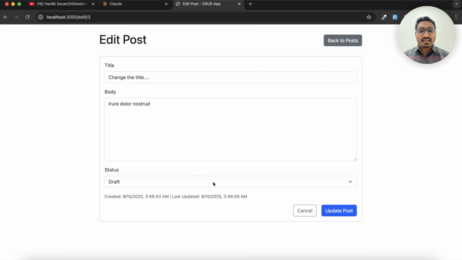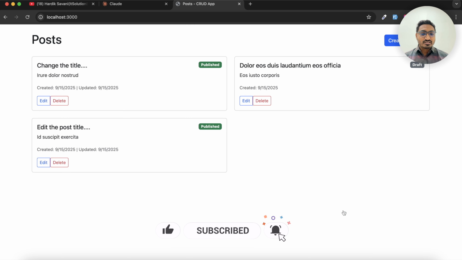Let me go back and change it to publish. You can see they have also added created and last updated dates as well. So that way it really helps you. Okay, so just click on update, you can see that the status is published. So this was a basic getting started example of how to do it with Node.js, and